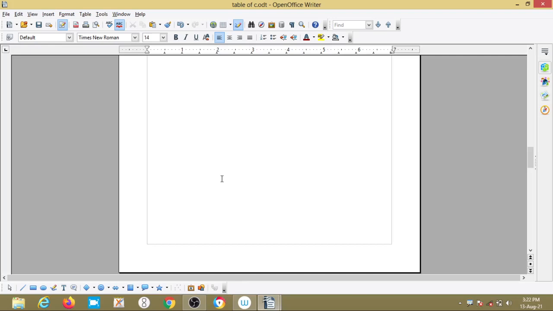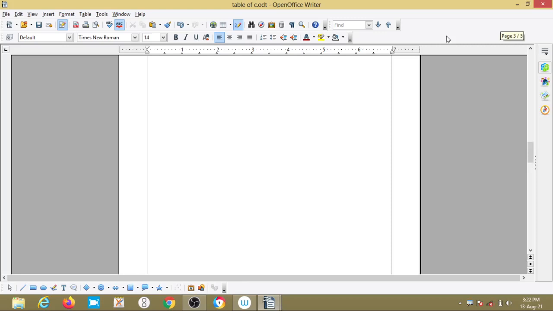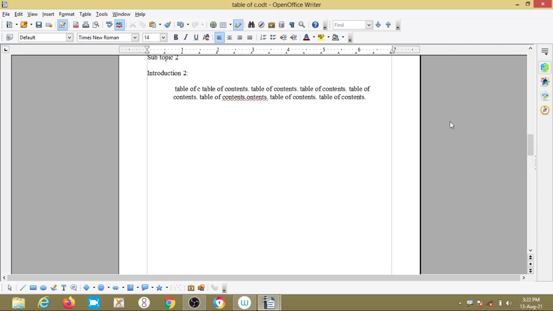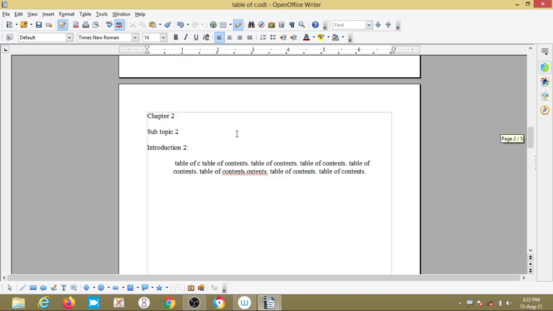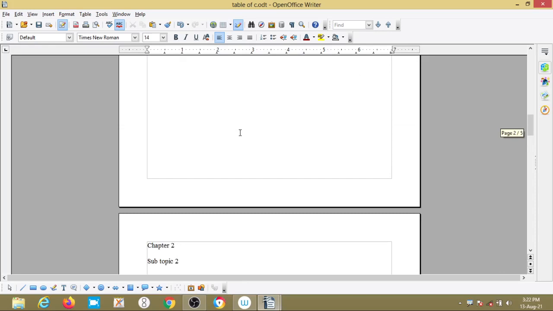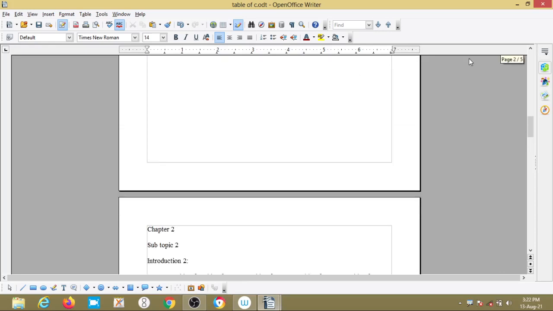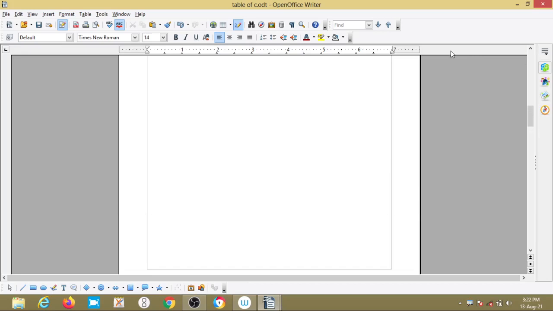Open Office Writer allows you to build an automated table of contents from the document headings. The table of contents can be updated with changes to the heading text sequence.